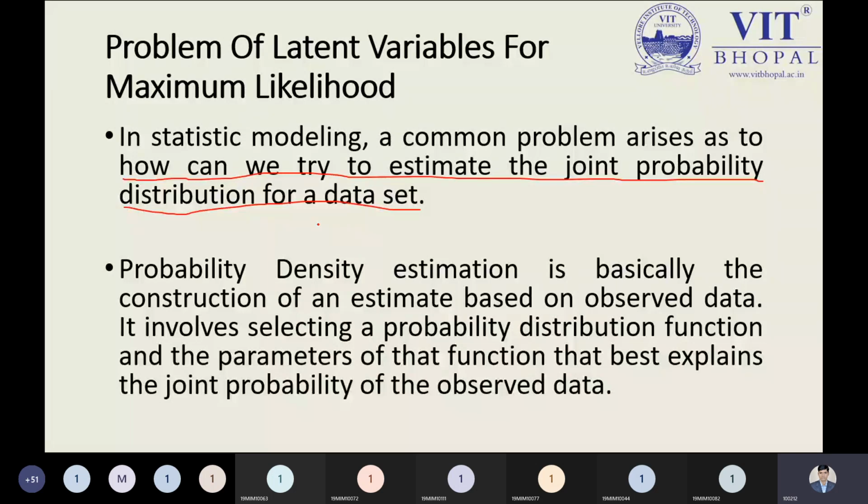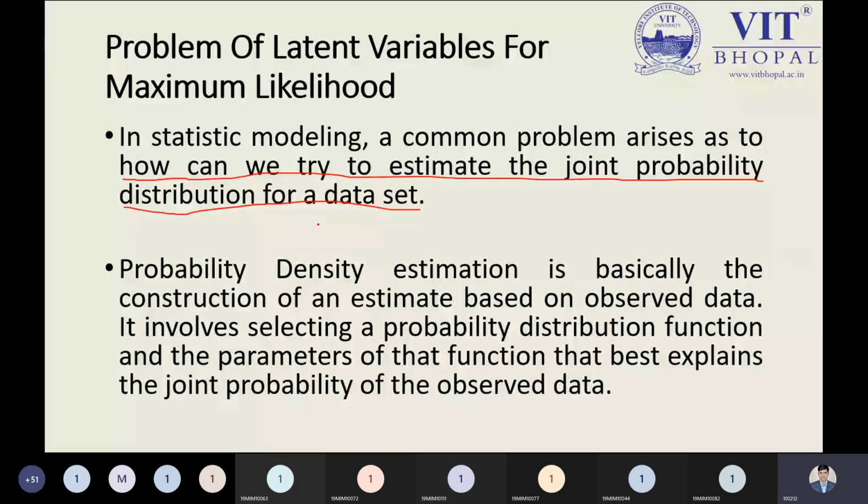But what is meant by the joint probability distribution? It means using multiple latent variables, and that is a problem. By using multiple latent variables, if you try to estimate your data points, or plot the data points in a graph, their plotting may be different from each other, because we can have multiple graphs and the plots of the data are different with respect to the different latent variables.